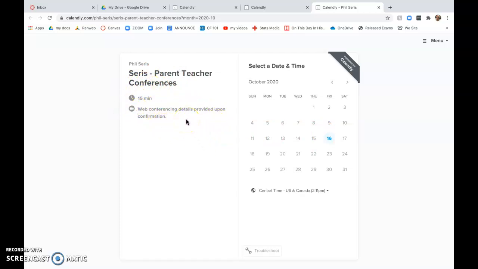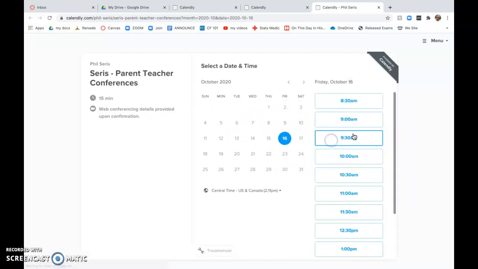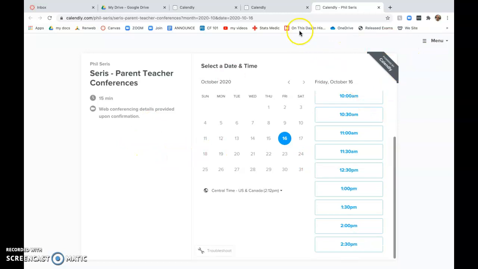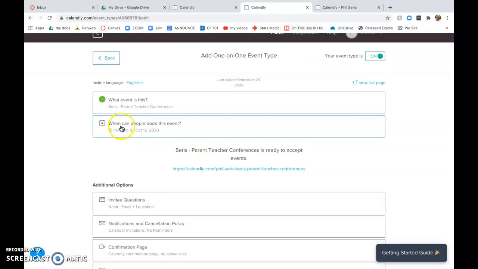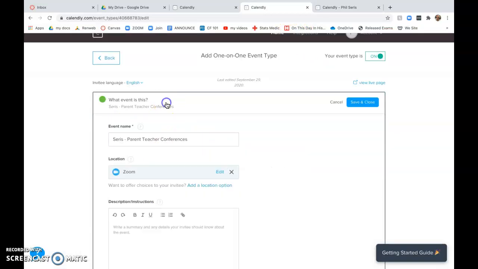What that means is it's going to send parents an email to say, hey, here's the Zoom link, and your Zoom link is already integrated, so it's going to send them a Zoom link and tell them when you're available. And when I click on the 16th, which is the only day they'll be able to click, check out my time slots here. Oh, 30-minute time slots. Hold on. Let me exit this. Let me go back here. For some reason,